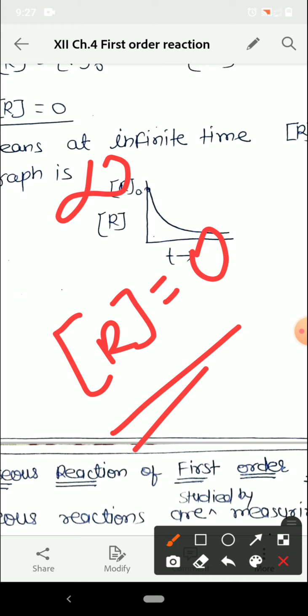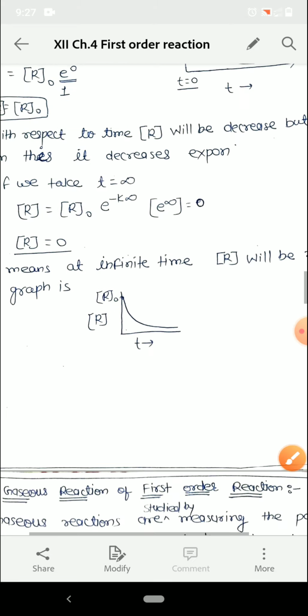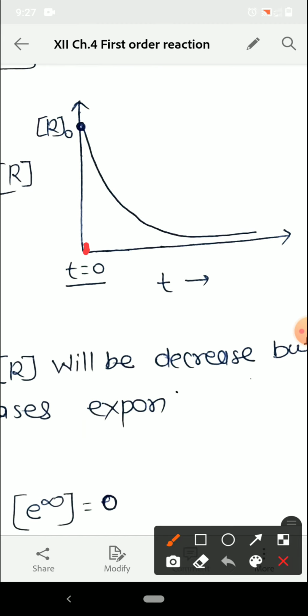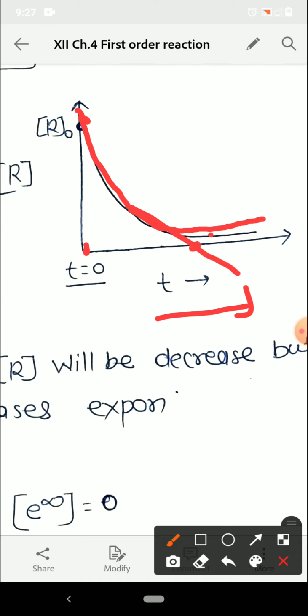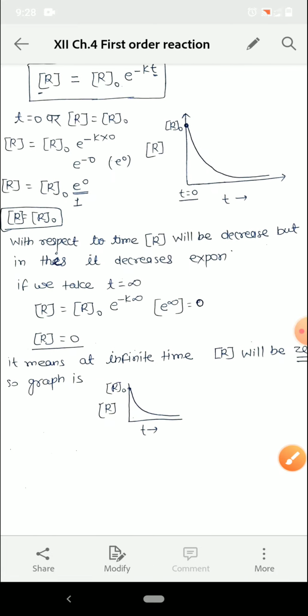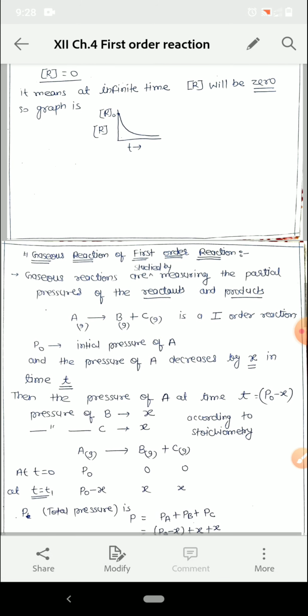इसका मतलब ये रिएक्शन रेगुलरली चलती रहेगी, कभी फिनिश नहीं होगी, इनफाइनाइट टाइम पे जाकर के ये कंसंट्रेशन फिनिश होगी, r जो है हमारा वो जीरो हो जाएगा। तो दैट टाइम ग्राफ बनाएंगे, तो ग्राफ किस टाइप से बनेगा हमारा, यू कैन चेक हियर, यहाँ पर t इज इक्वल टू जीरो, द कंसंट्रेशन इज r नॉट, रिएक्शन स्टार्ट हुई एंड वी नो दैट with the time the concentration of reactant continuously decreases, exponential graph, इस टाइप से मिलेगा हमको, और यहाँ पर ये पैरेलल है मीन्स ये कभी भी फिनिश नहीं होगी, इनफाइनाइट टाइम पे फिनिश होगी, ये डायरेक्टली कट नहीं कर रहा है, ओके, अदरवाइज यहाँ पे जीरो हो जाता। तो वो कहाँ पर जीरो होगा, जो हमारा कंसंट्रेशन है दैट एट द इनफाइनाइट टाइम, ओके। सो इस तरह से हमारा ये ग्राफ बन जाएगा। क्लियर हो गया सबको, आई थिंक।